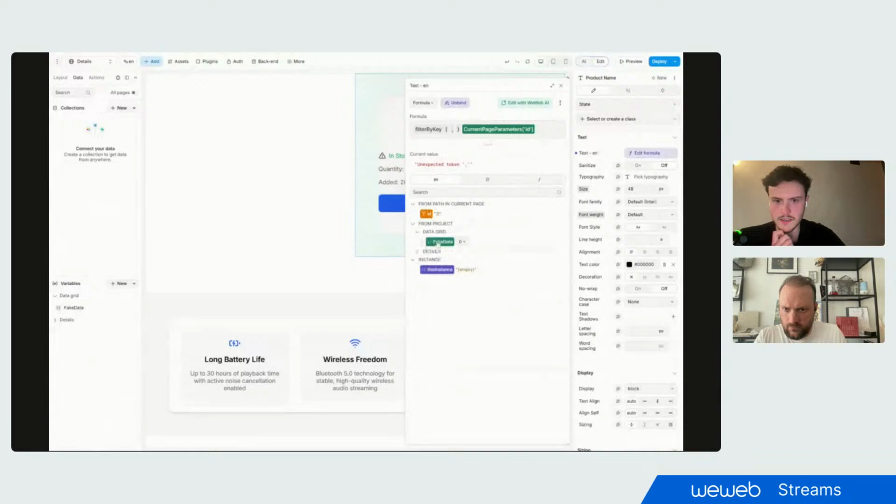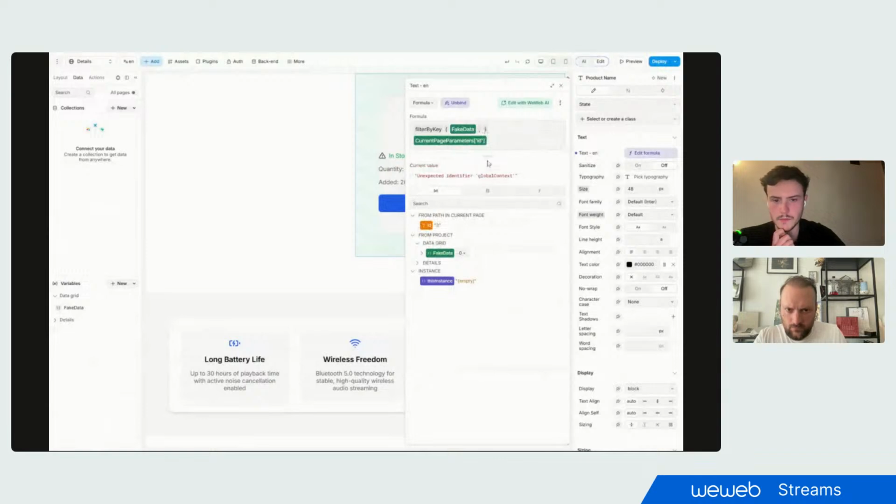If you pass in fake data here as the first thing in the formula, and now after the comma, if you put speech mark ID, then another speech mark, then another comma. And if you now drag your ID parameter to be the last thing, so after the comma,